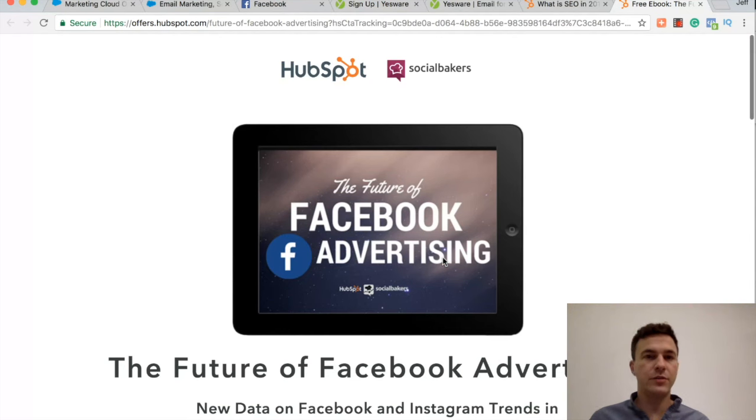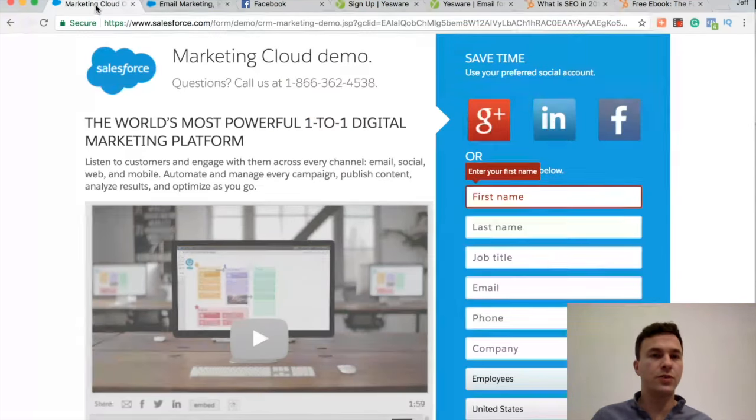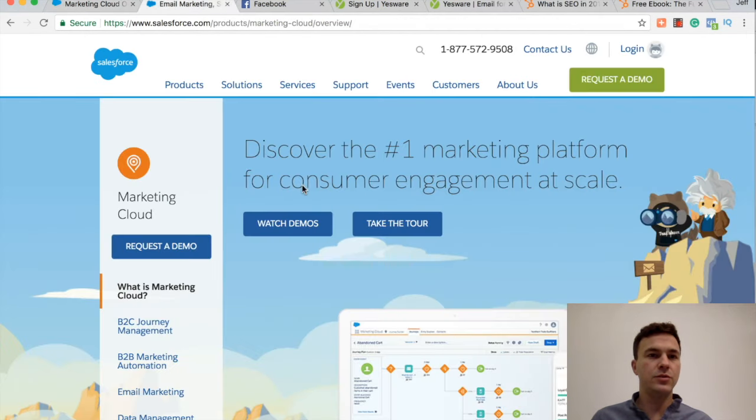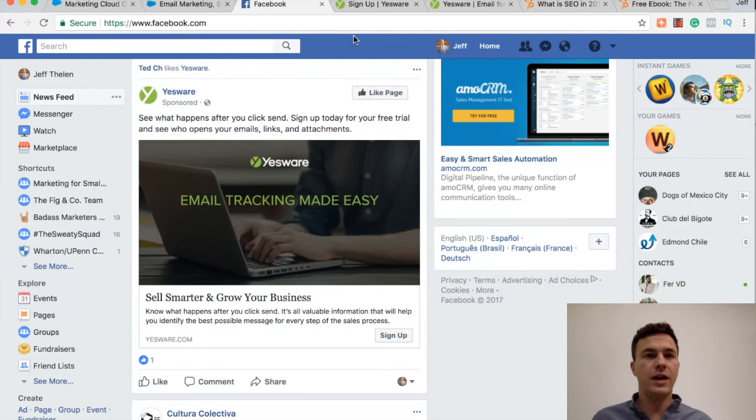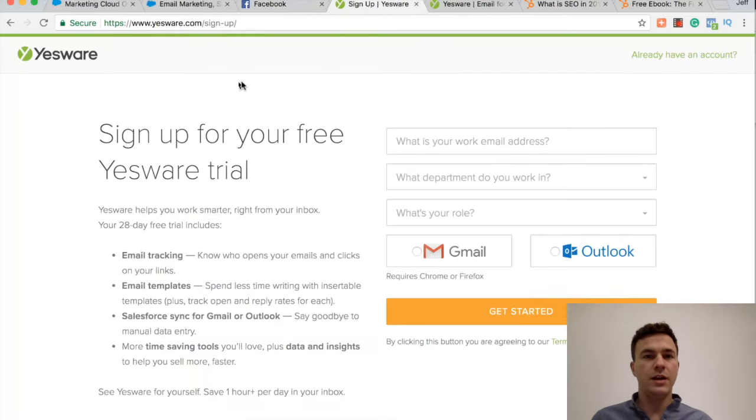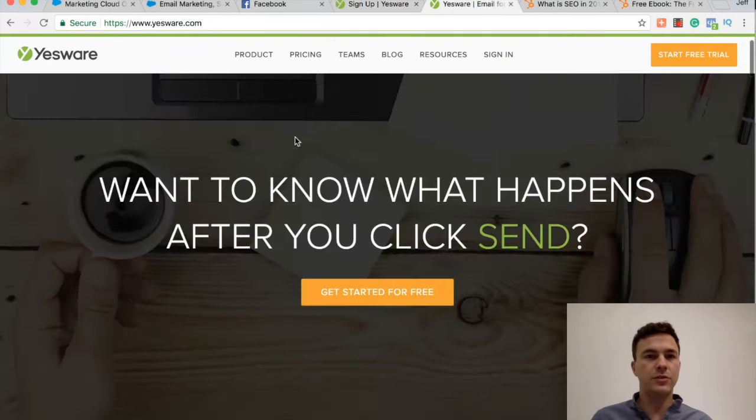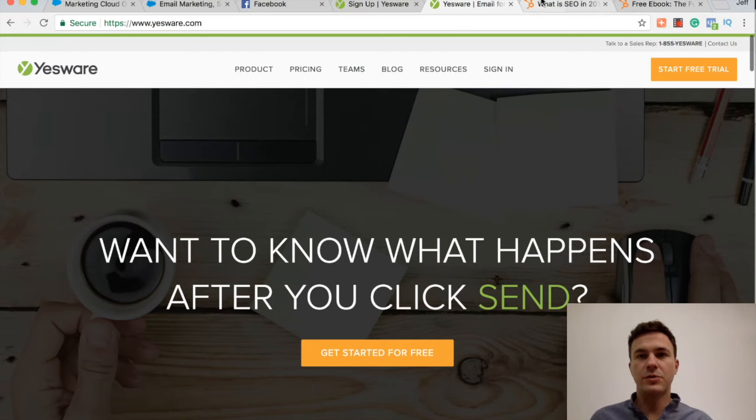And so you can see from these three examples, the first one was searching on Google, coming to the Salesforce landing page, compare that to the complexity of Salesforce's homepage. The next one was seeing a Facebook ad for YesWhere, and then their landing page, I had already clicked to get started. And then it's like, hey, start the trial, sign up here. And then compare that again to their homepage. This is much more complicated.